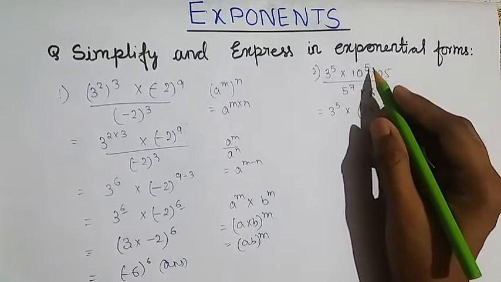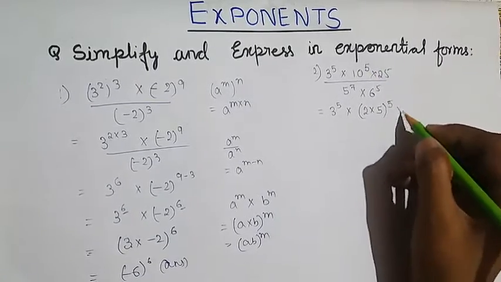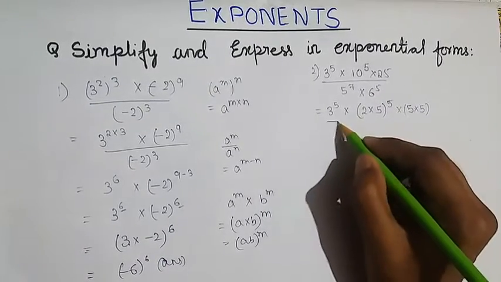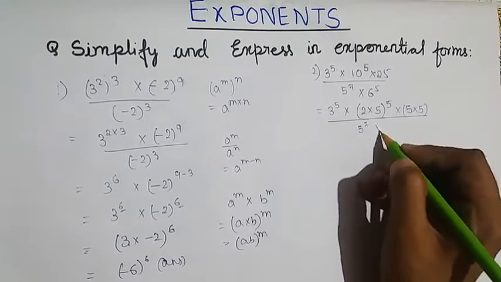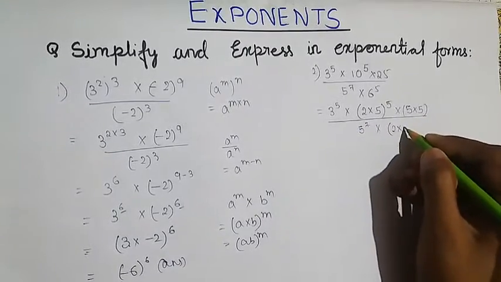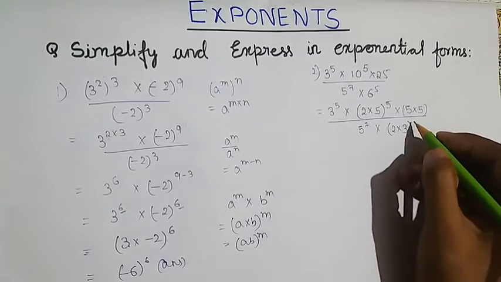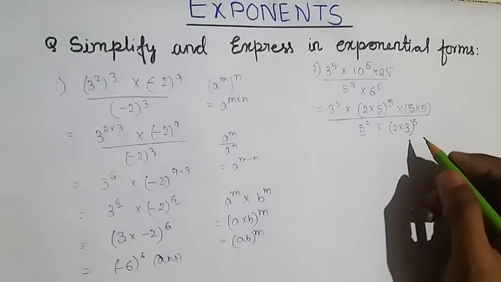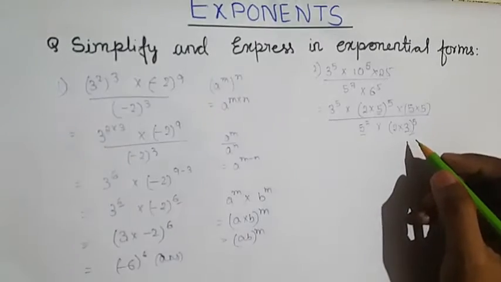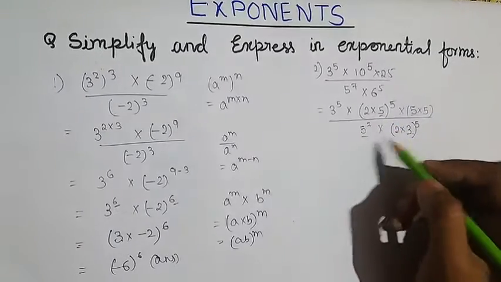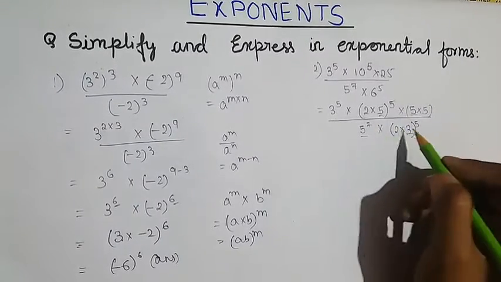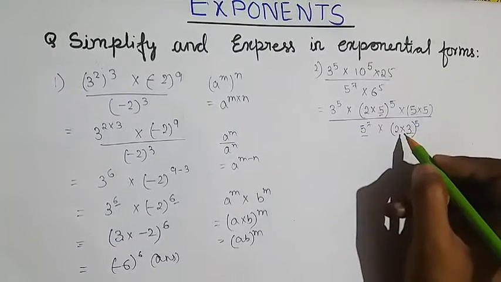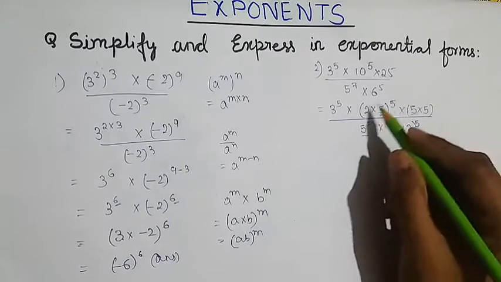Alright, and we will give the power to both of them, into, and this 25 can be written as 5 into 5. Now upon 5 raised to the power 7 into, now this 6 can be written as 2 into 3. Now we will give the whole power to both of them. Now why have I done this? My aim is to simplify it and to use the laws by getting the same bases. Here you can see there is 5, so I have got 5, here 2, and we can see there is 3, so I have broken 6 into two numbers so that we can get the same bases and we can simplify it.